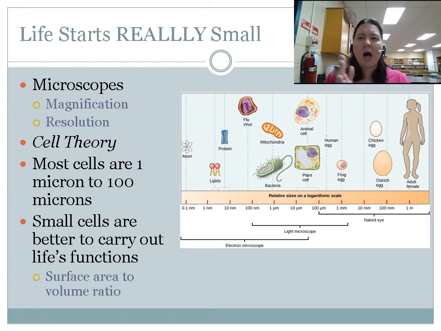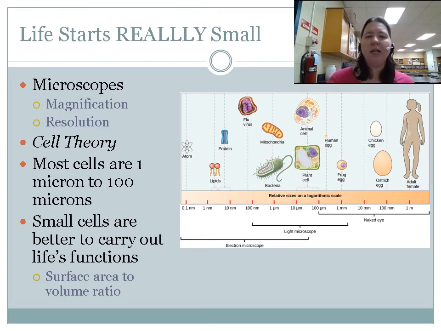Okay, so when we are looking at these cells in this chapter and then thinking about them working and what they're doing in the next chapter, and as we move through a lot of the rest of the year, we're talking about these cells working on an individual basis, but then working on a collective basis to make the organism function. And so we use the microscopes to see them, and they need to stay small or else they'd have problems.